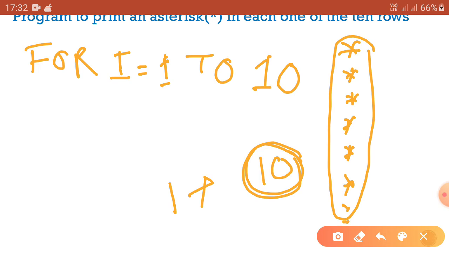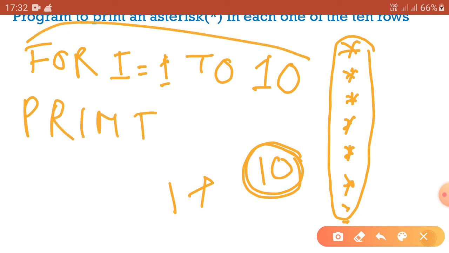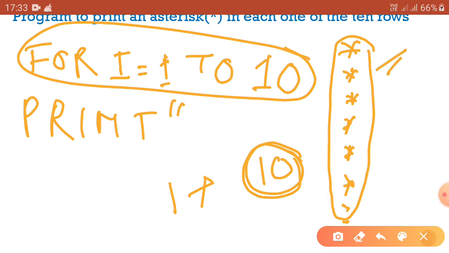Okay, then the next line is PRINT. So for this condition, what should we print? We have to print in each one of the 10 rows what? Asterisk. So in between double quotes you have to put the asterisk sign here.